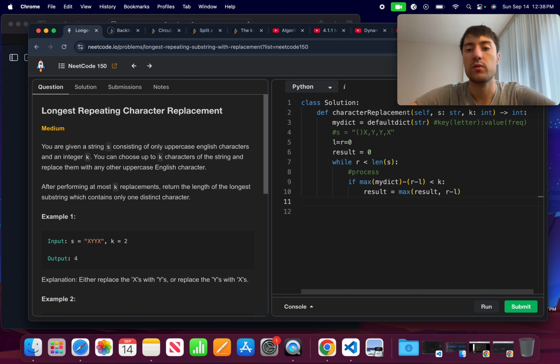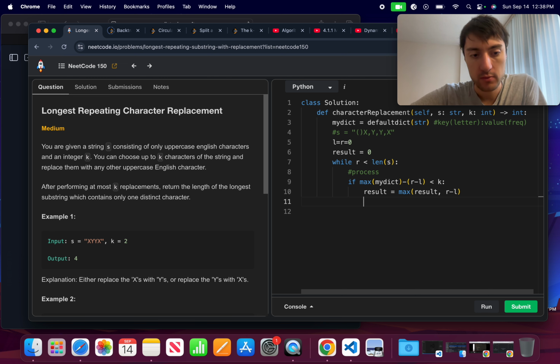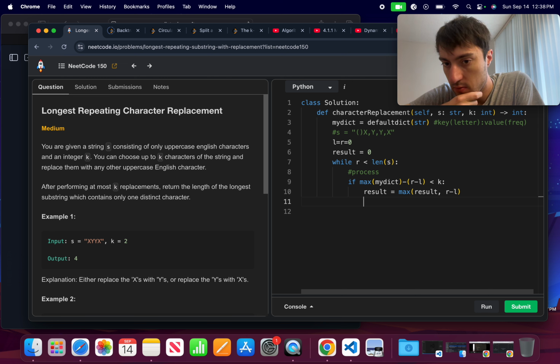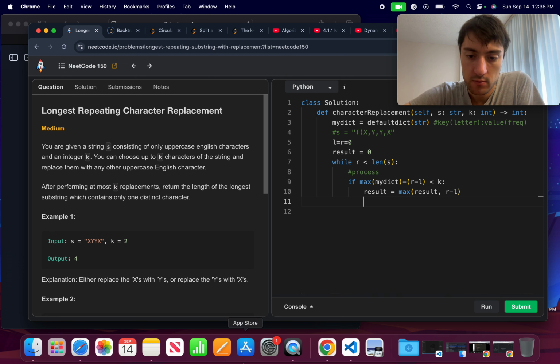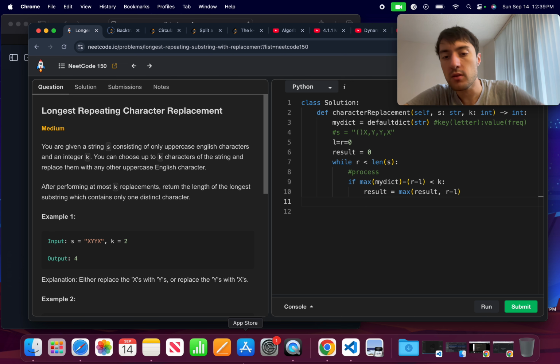Okay, so see if we have a larger window. And then